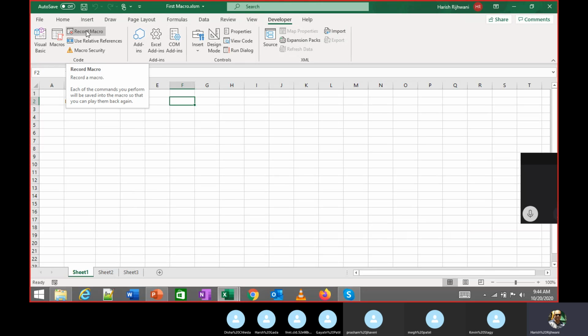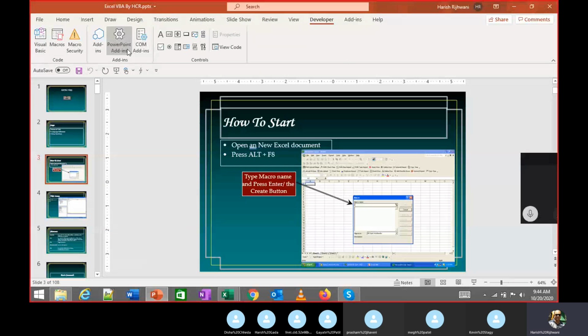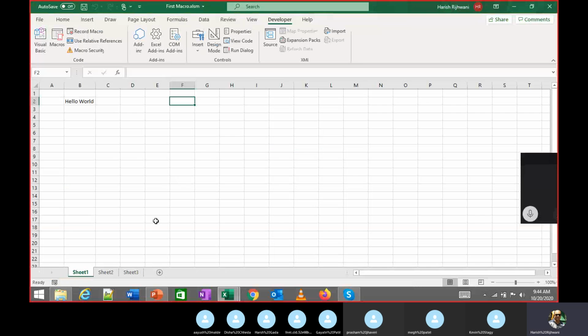So here Excel VBA gives you the option to record macros. This is not there in any other Microsoft tool, in the sense you don't have that option to record macros. The last I saw, there was no macro recording in PowerPoint. But let's check that again. There is an option over here. So here you don't see any option for recording macros. Okay, you see all these options for adding buttons and stuff, but here in developer I have the option for